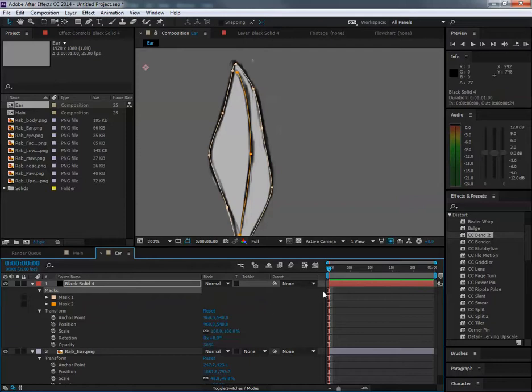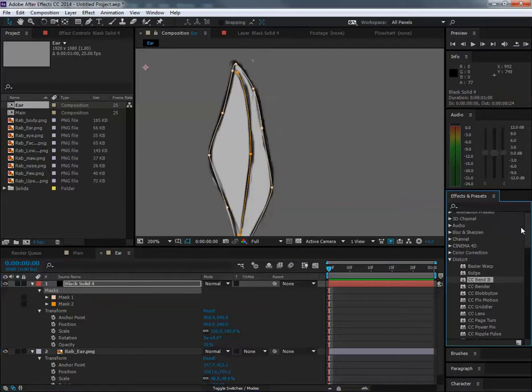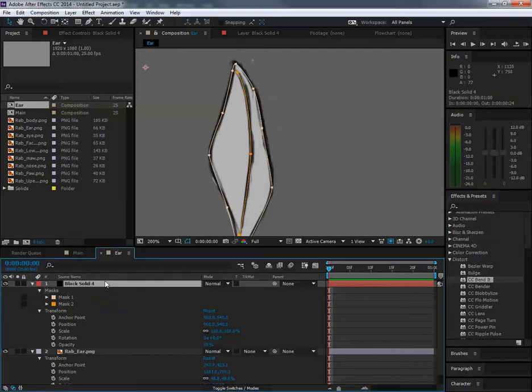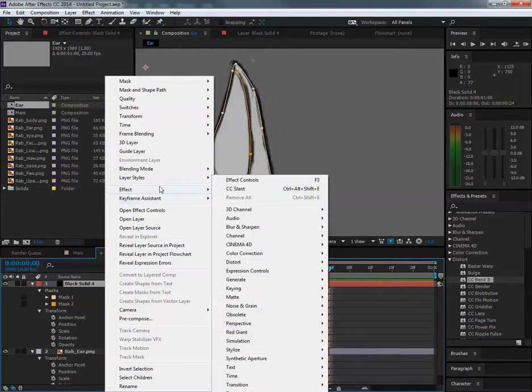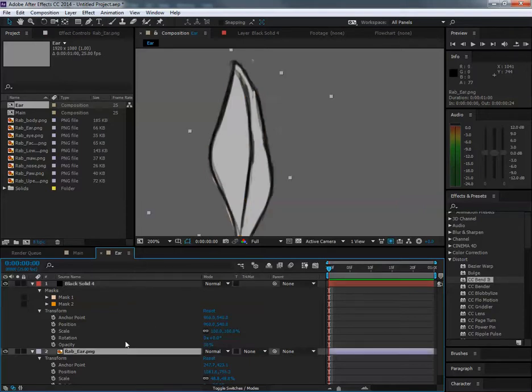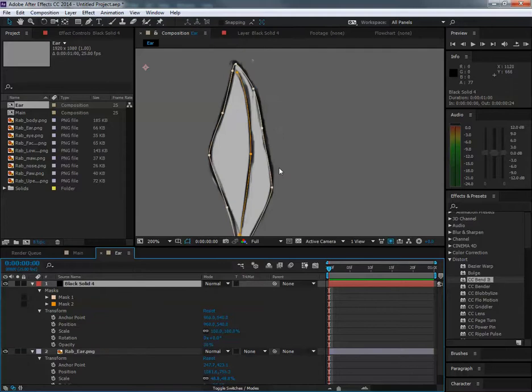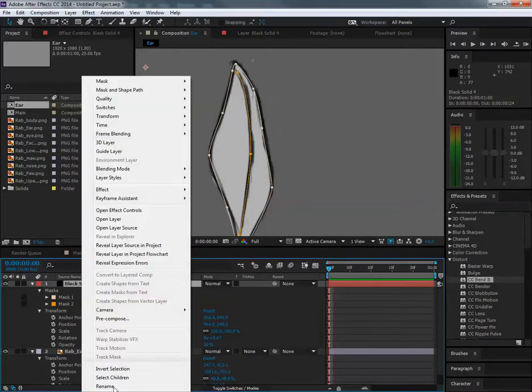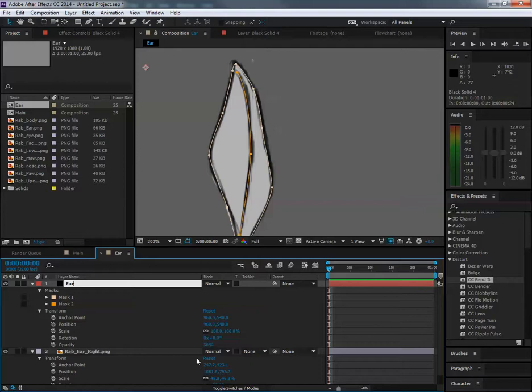And what I want to do is create an effect whereby I create a black line that runs along these curves, because I want to make them my new black lines. Eventually I'll get rid of this ear background, and I'll just use lines and fills. So I'm going to select this solid and rename it as ear lines,